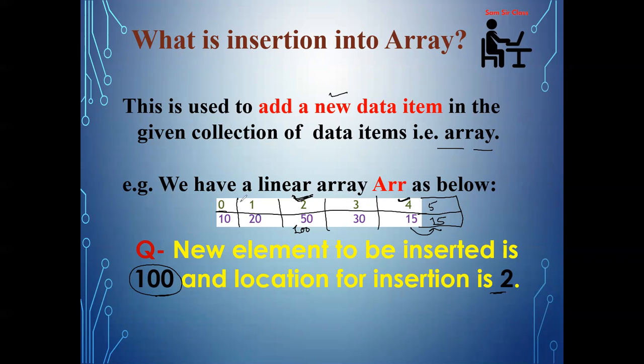Now if 0 to 5 is currently my array indices, then what will be the size of the array? Obviously 6. Before I increased it, the size was 5, and on the basis of size 5, all the values were stored. Whenever I need to insert a new element into the array, the first thing I have to do is increment the size of the array by 1, so that one new vacant position will be given to me. Okay, so a vacant block is allocated.